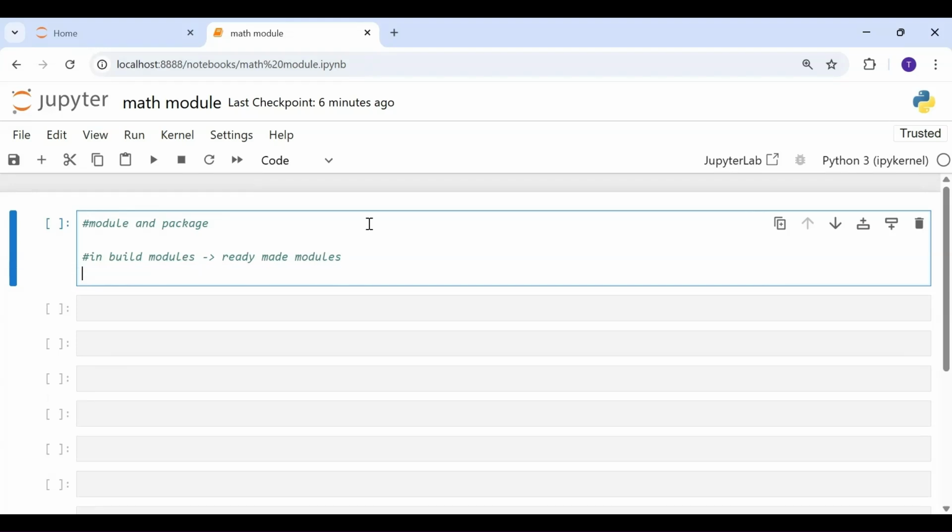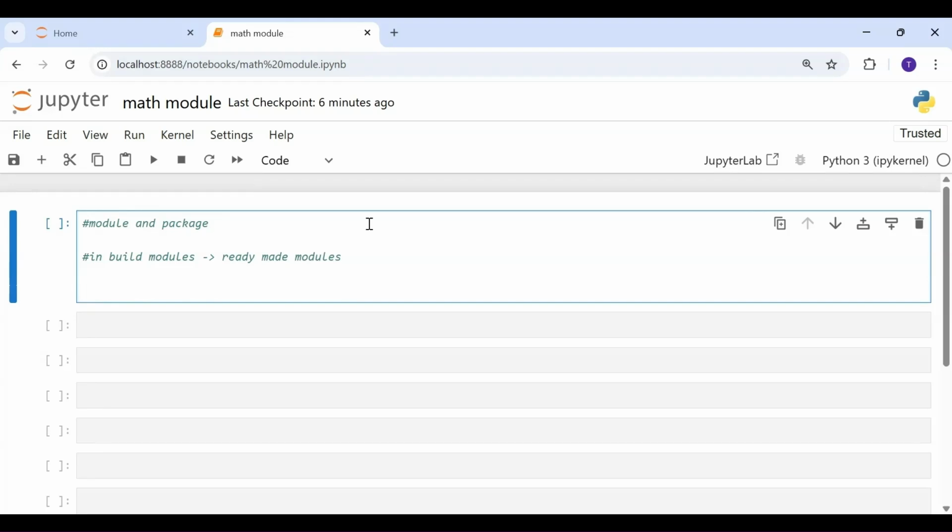So instead of reinventing the wheel every time, we can just use what is available. Let's say a developer was working on all these math functions and he decided, okay, I need to share it with the world. So he packaged all the functions and classes that he has written inside a module, and now we can start using them by importing. There are different modules available, like the math module, random, OS, and many other such modules in Python.